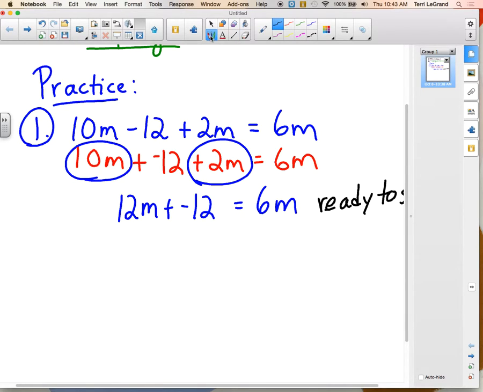So we've got m's on both sides, so our thought is, you know what, I only want them on one side. And why are we going to move the 12m? Why did you decide to move the 12m, Jossie, instead of the 6m? I asked you the same question, I think, yesterday, didn't I? I don't know. I just, because